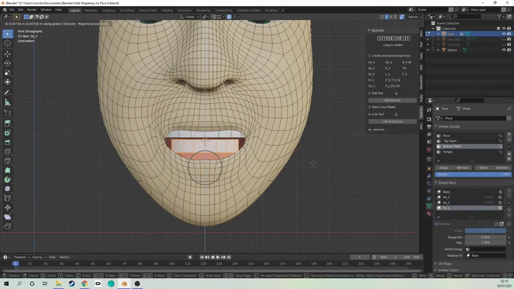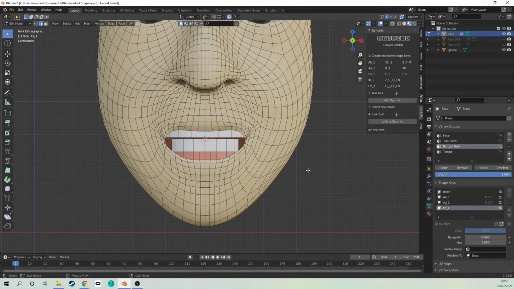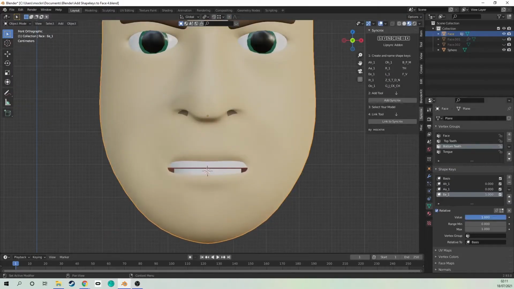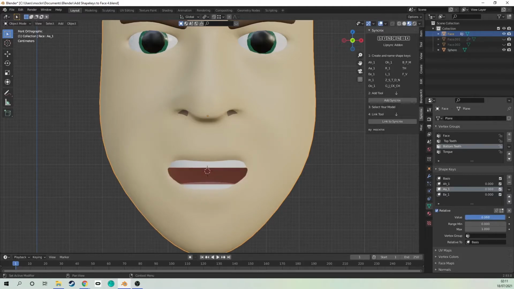Just a reminder, if the face is moving when you do this, proportional editing is on. Either turn it off or enable the connected option inside of it. After moving those, move the chin up. We're done. So now you've got 3 shapes, and every model will have different results, but for mine, I'm going